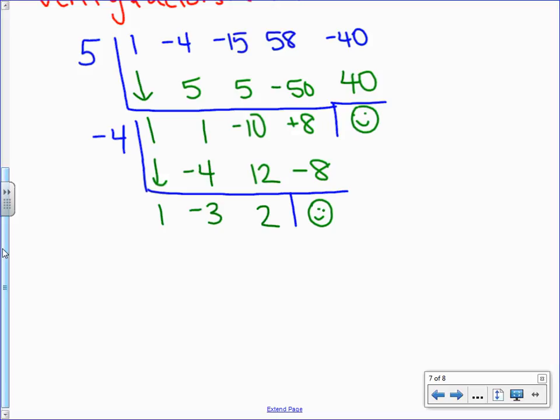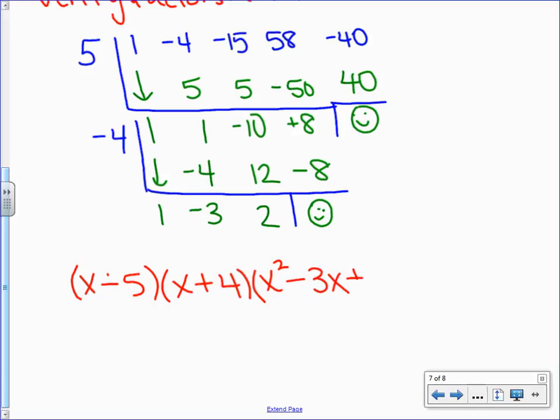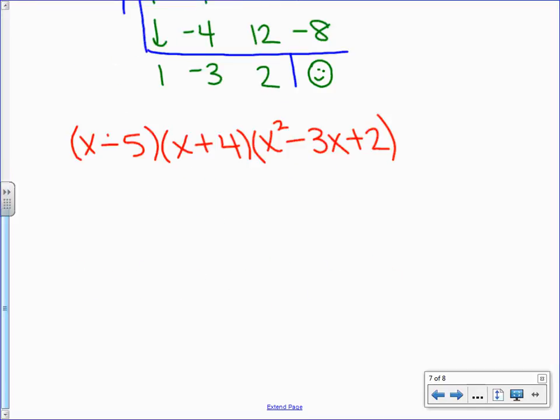We know our original function is now x minus 5, x plus 4, times what's left over right here. What does this mean? X squared minus 3x. Okay. So if we want to factor this completely, we would write this as x minus 5 times x plus 4 times